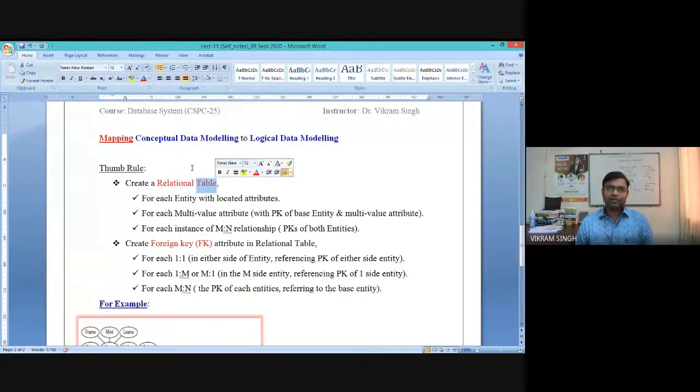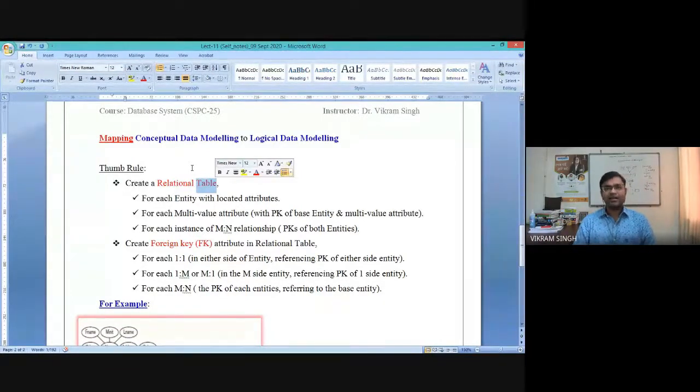So whenever we have this kind of attribute, which is referred to as a multi-valued attribute, you need to create a separate database table, right? Initially we have created a number of tables equal to the number of entities. Now, if you observe that some entity has a multi-valued attribute, you have to create a separate database table to keep this multi-valued attribute and the primary key of the base entity.